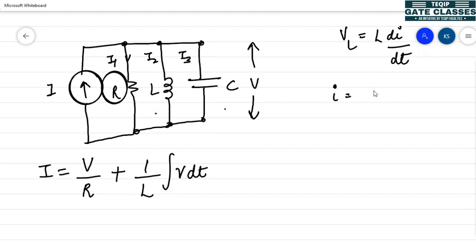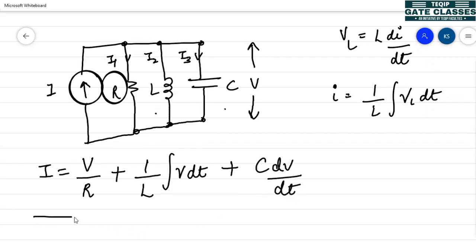So I is equal to 1 by L integral V_L dt, and the current flowing through the capacitor is C dV by dt. Now we can again see that this equation contains a differential term along with an integral term also. So to convert it into differential form only, we will apply Faraday's law of electromagnetic induction, which states that